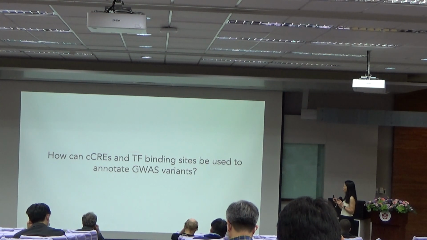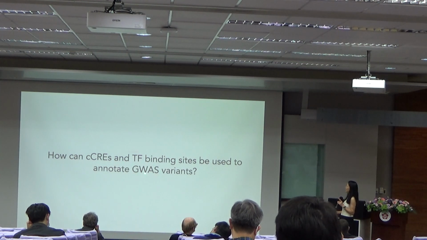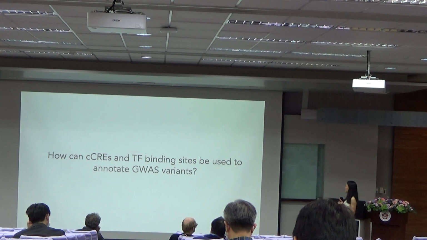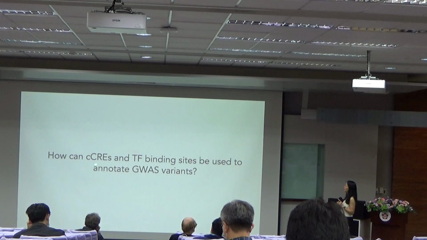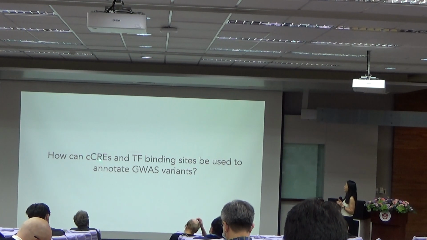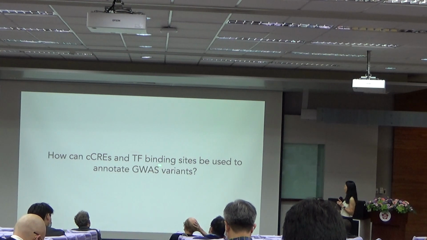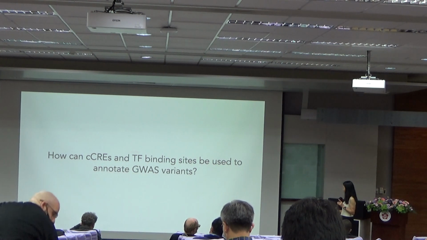So let me just bring home, in like 5 minutes of my talk, to what I started out with. It's a very long journey. We were interested in GWAS variants, the genetic variants that might explain human traits and phenotypes. So how can we use our annotations of these regulatory elements and the smaller TF binding sites, which are basically components of CCREs, to annotate the genetic variants that are associated